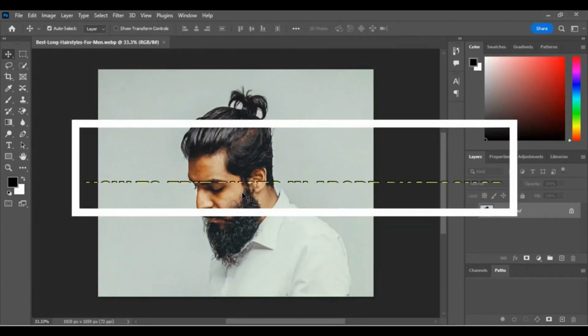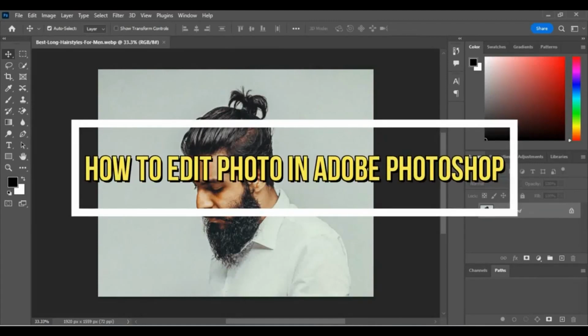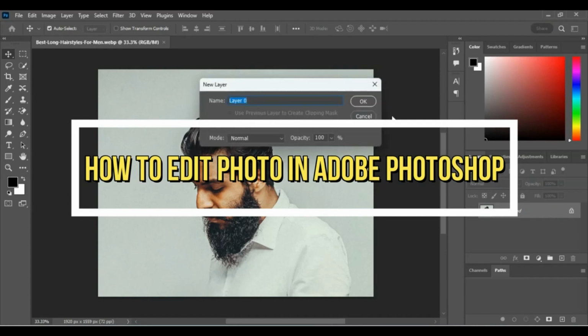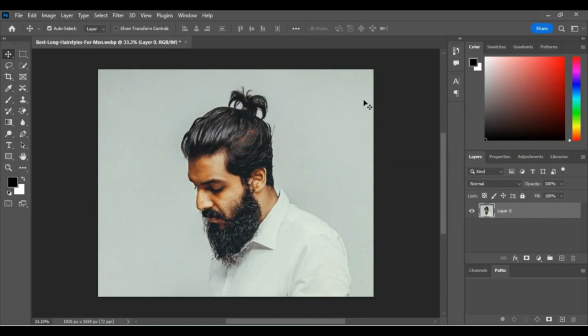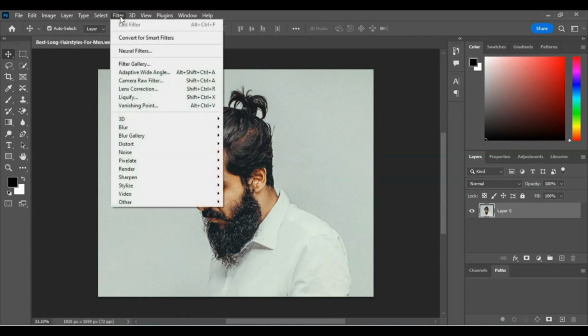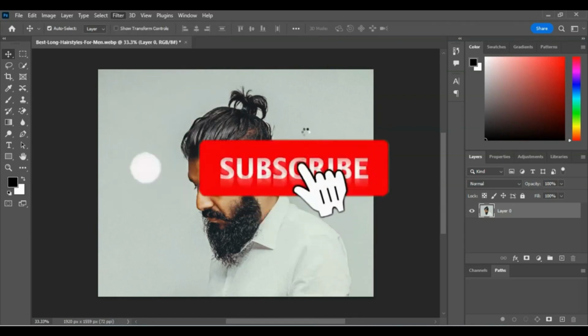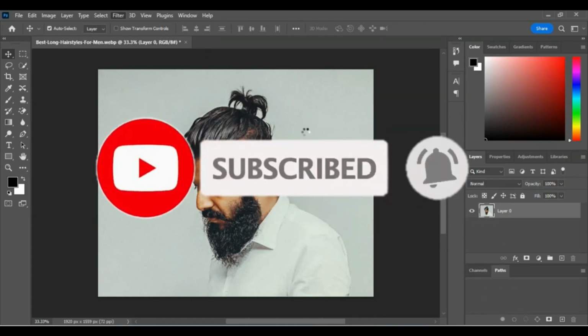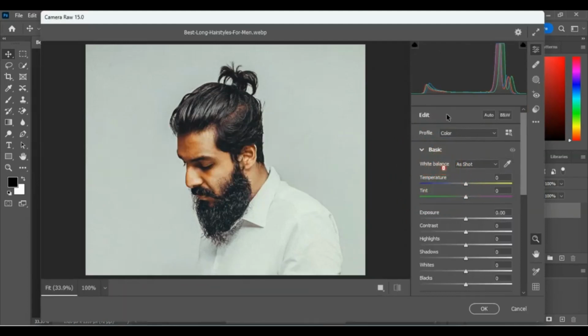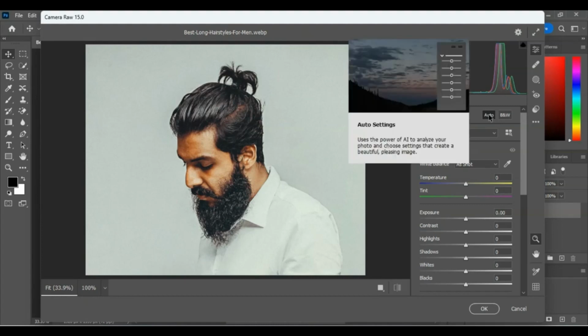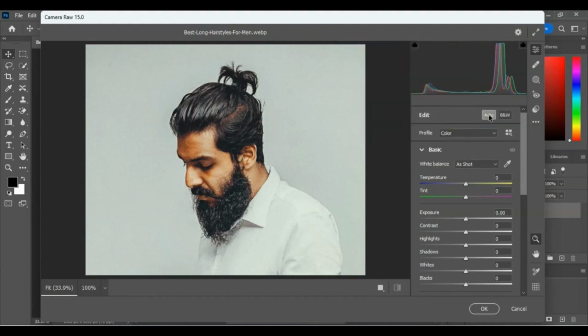How to edit the image in Adobe Photoshop? It is very simple. Double click to convert into layer. So we have this image. We want some effects on that image. Simply click on filter, and here is the camera raw filter. Click on there. So if you click auto, then it automatically edits your image. So click on auto,